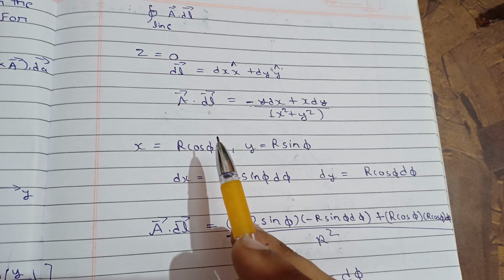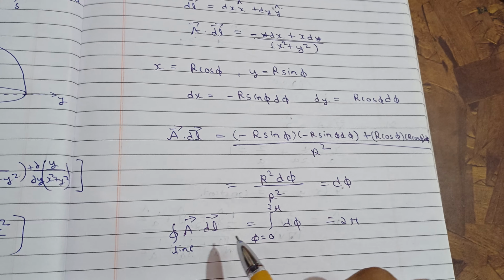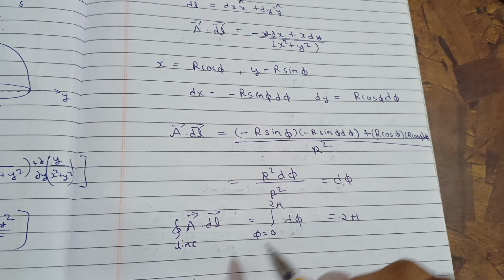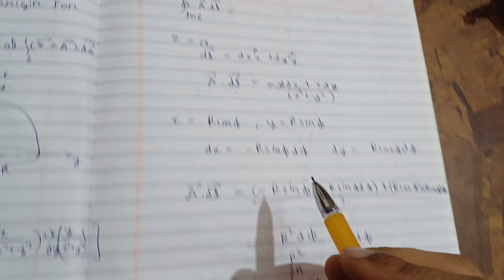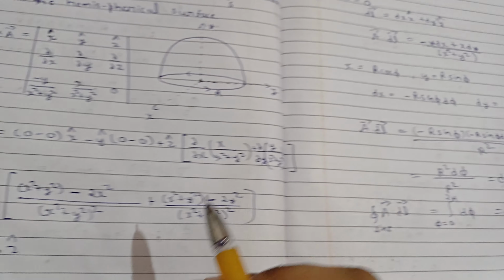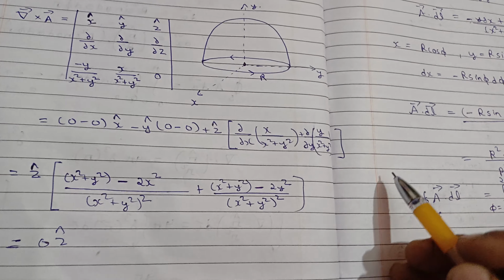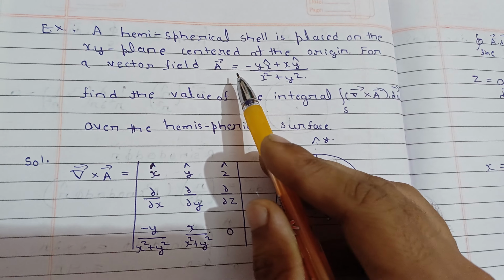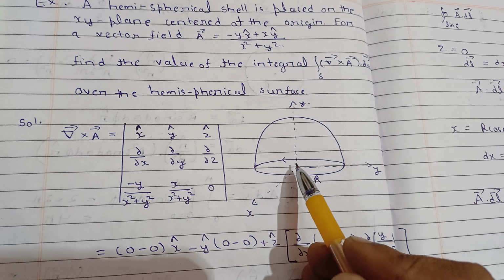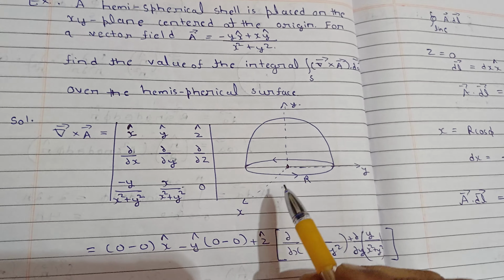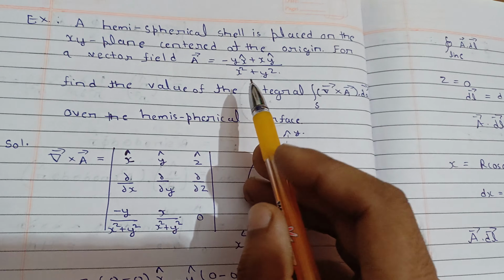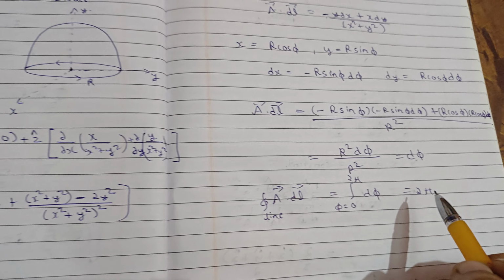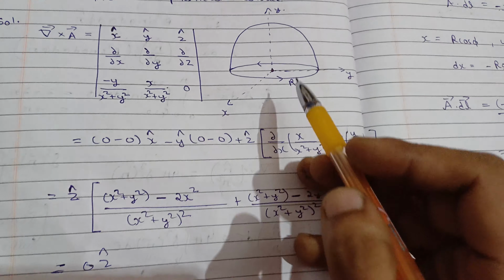Now this is d phi, and it's a line integral, so phi goes from 0 to 2 pi, only the one variable is changing, d phi. So it will give you 2 pi. Now see, this right hand side is giving you 2 pi, but the left hand side is giving you 0. So where did we go wrong? See, this vector field is not defined at the origin 0, 0, and the origin is lying inside. So for this origin it is not defined, so that's why we are getting 0 here, because we are excluding this point. That's why we are getting this value on the right hand side. So the correct value is 2 pi, and this 0 is what we get after excluding this.